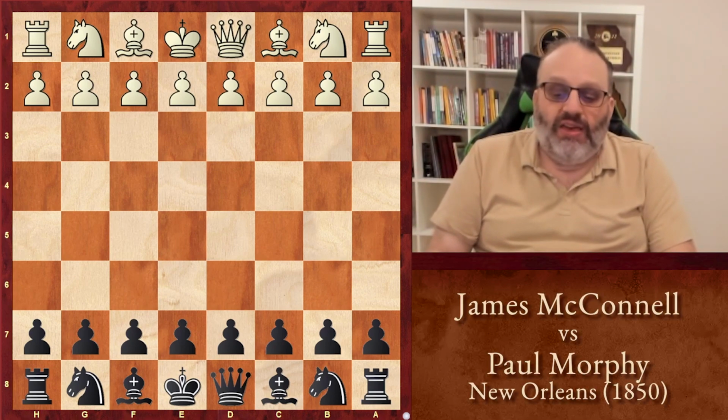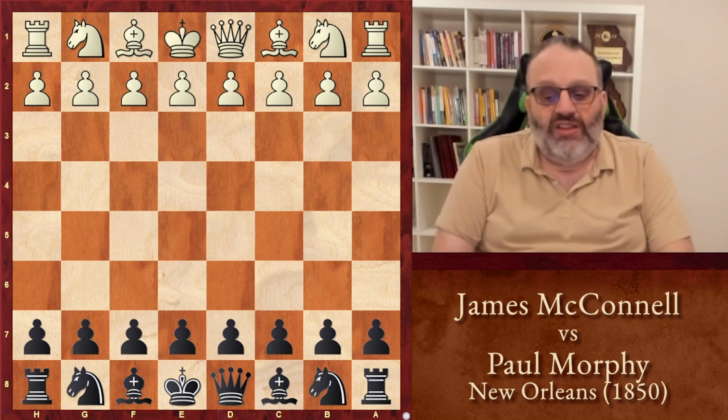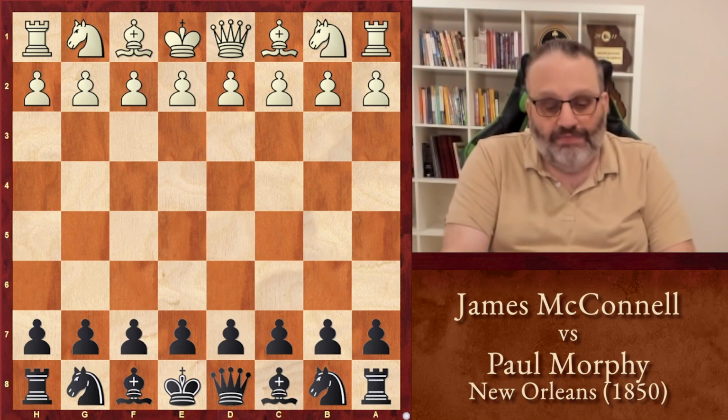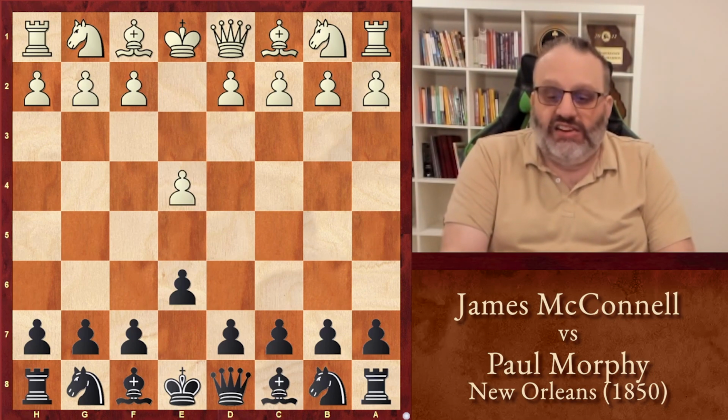And this is a game he played in 1850. It was a casual game in New Orleans. They were very casual in the 1850s. And he's playing James McConnell. James McConnell has white. Paul Morphy has black. The game doesn't last very long, so I'm actually going to show you the whole game. So don't blink. Okay, so Morphy played the French defense, which in 1850...